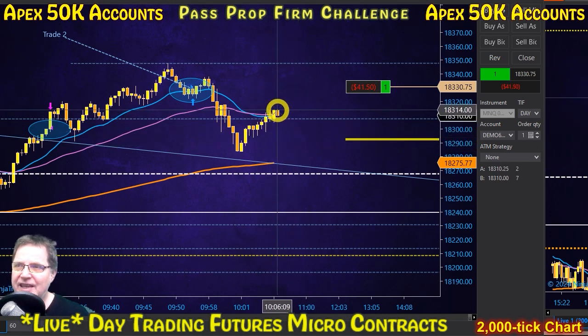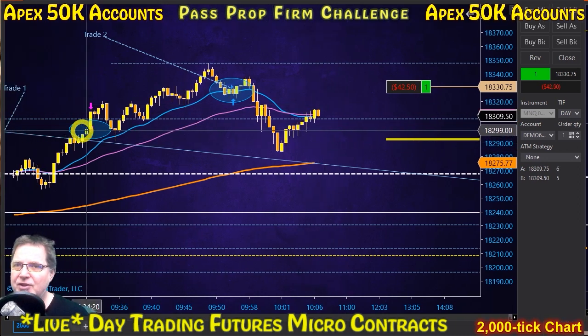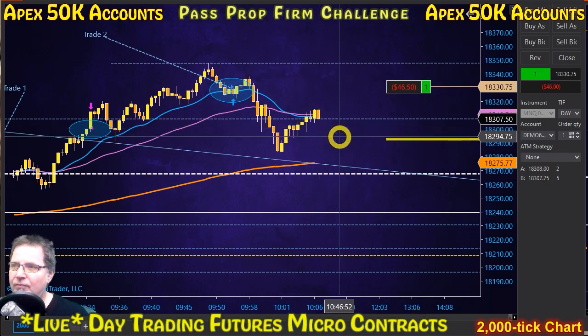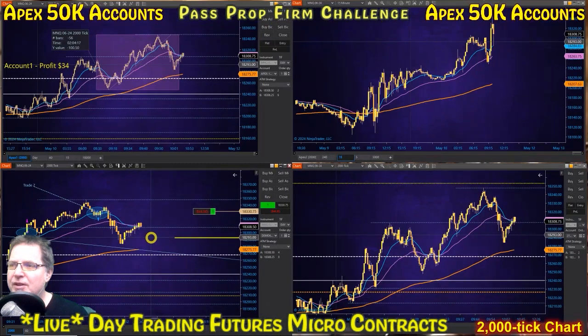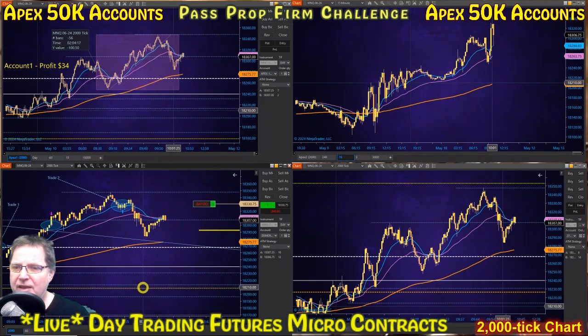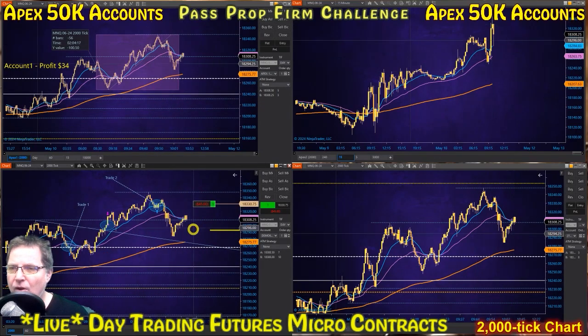So this is really interesting to watch price activity. Is it going to fail again and come back down? Is this going to be a choppy area all day long? And it's just interesting to watch. Trying to determine that area is going to be very important, whether I go long and when I go long here. So I got to watch it very closely.